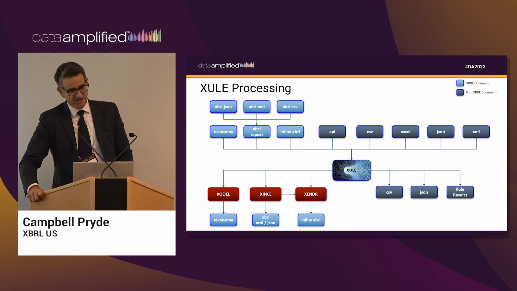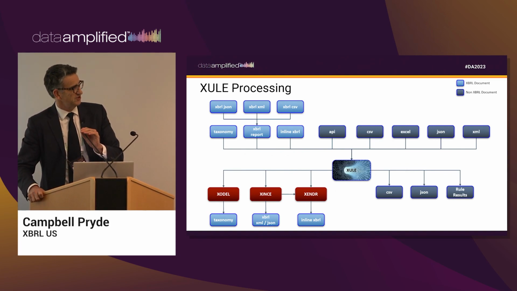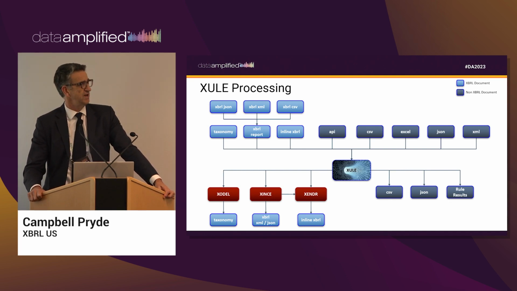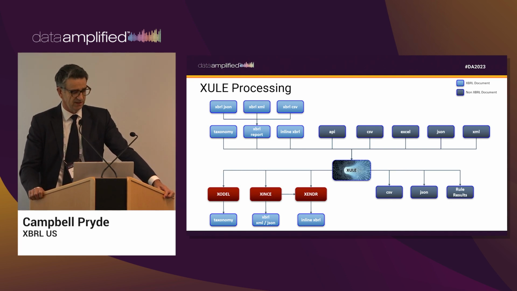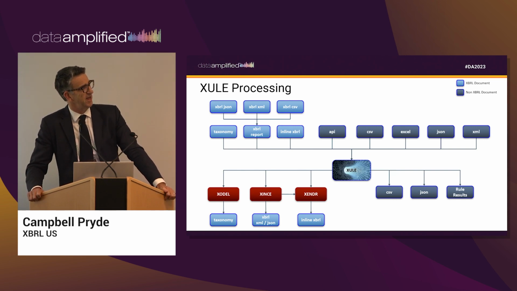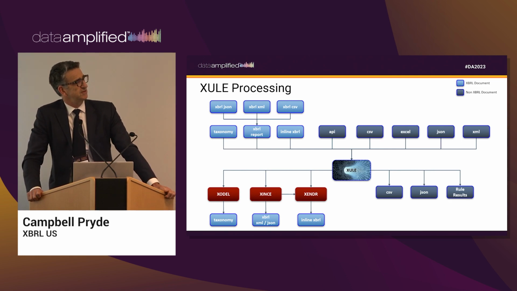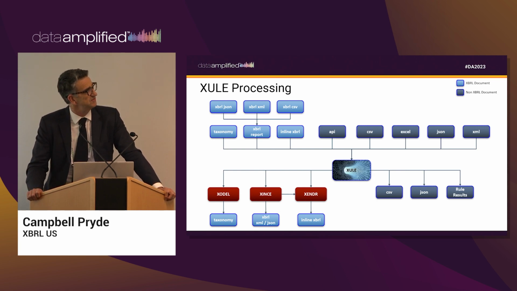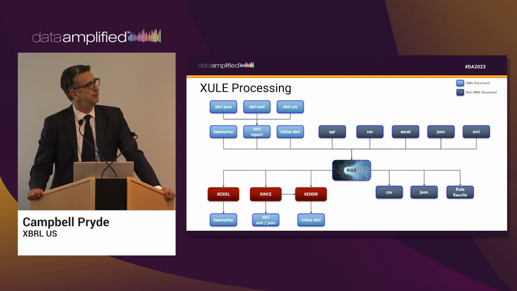So just to give you an idea at a very high level, this is more at a document level of how you can process stuff. The way that XULE is currently written, you can see it's in the middle, and the things at the top are inputs and the things at the bottom are outputs. This is a lot on here, but it gives you an idea of what you can do. You can take taxonomy information on the left-hand side, or you can take an XBRL report, either in JSON format, XML format, CSV format, or inline XBRL format. Then you can run that through XULE, and then you can output